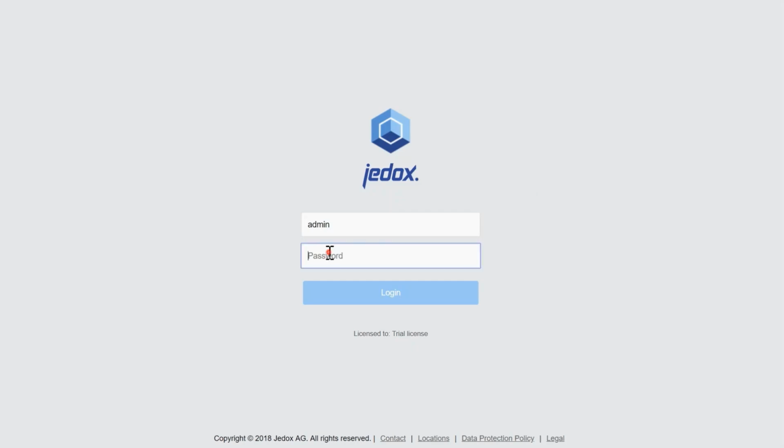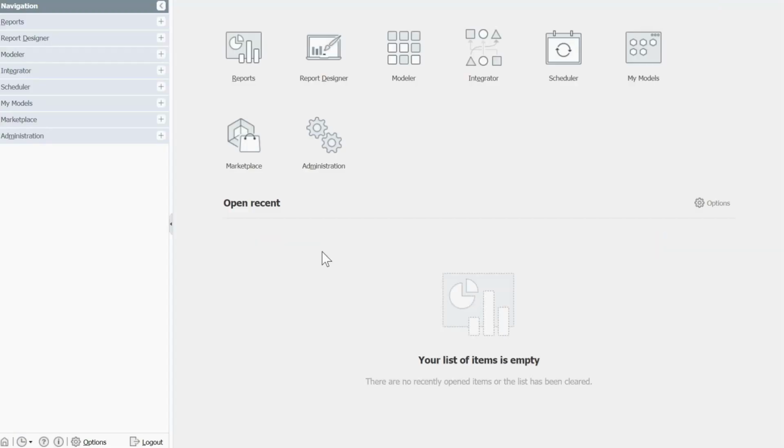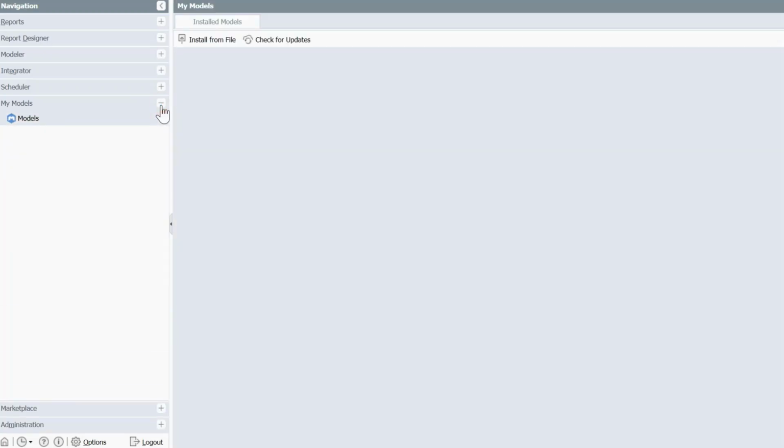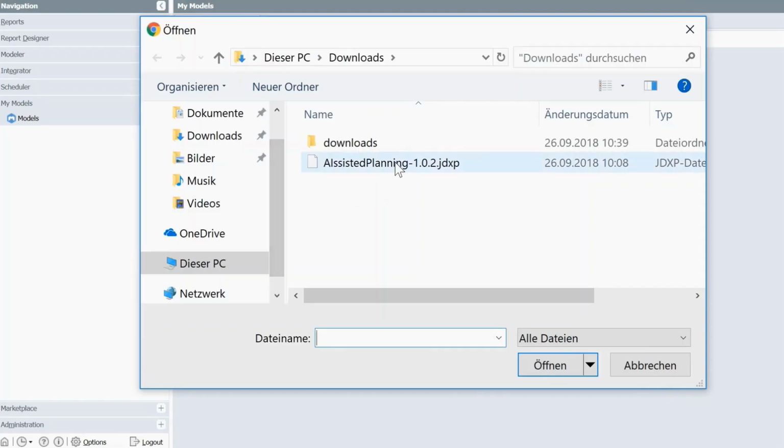Today, after you log into your JDocs instance, we're going to show you how to adapt an AIssisted Planning integrator job to a custom database. First, we're going to need to install the planning package, so go into My Models and click Install from File,